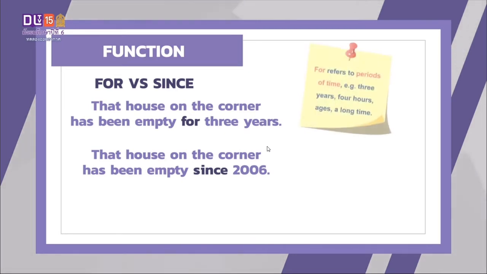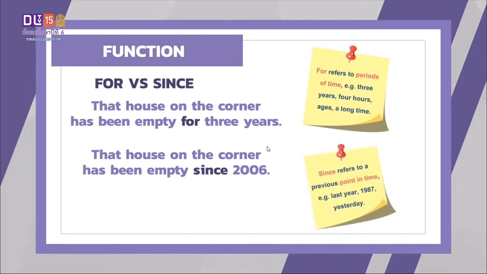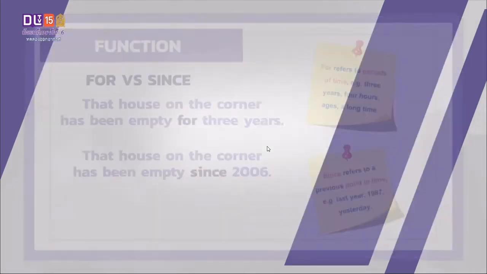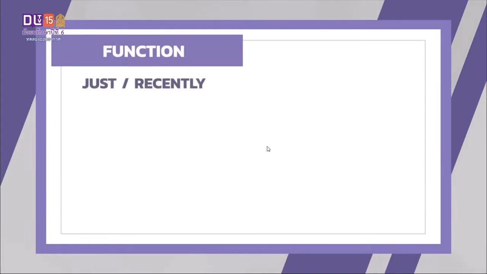For refers to periods of time, e.g. 3 years, 4 hours, ages, a long time. เห็นไหมครับว่าหลัง for เนี่ยเราจะตามด้วยเป็น periods of time ก็คือระยะเวลานะครับ ต่อมา since refers to a previous point of time. For example, last year, since 1987, since yesterday นะครับ จริงๆคือหลัง since เนี่ยก็อาจจะตามด้วยทำไมครับจุดเริ่มต้นของเวลาที่อยู่ในอดีตนั่นเองนะครับ